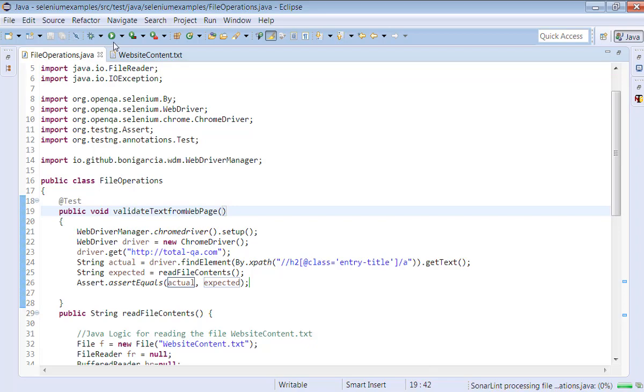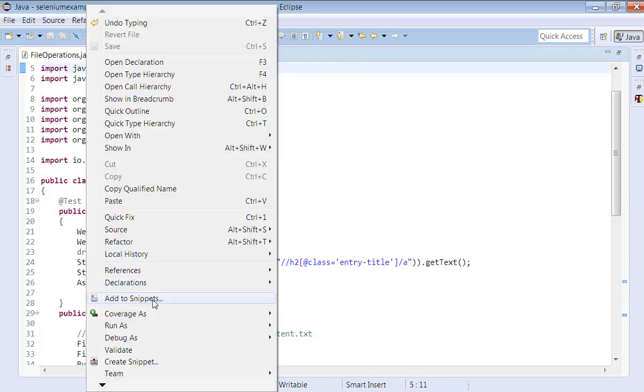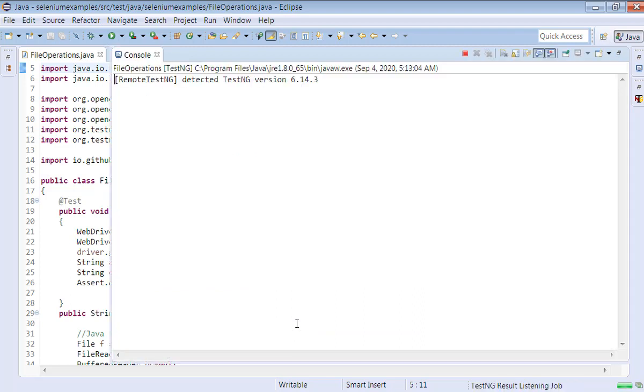That's it. When you click on save and run, you see the outcome of this program. We will run this program as a TestNG test, because it has a test case.